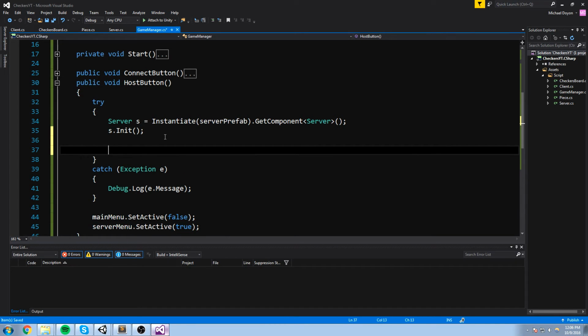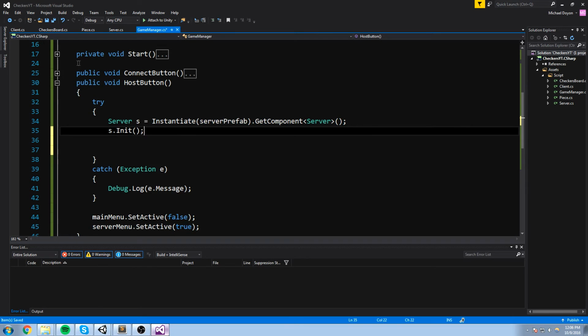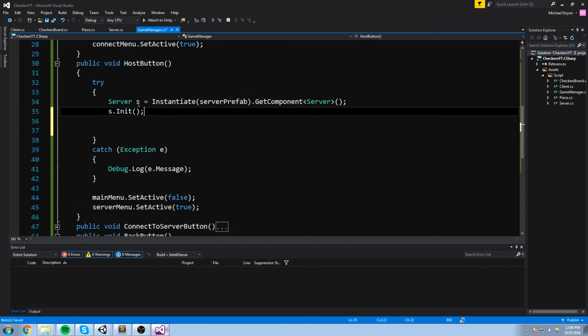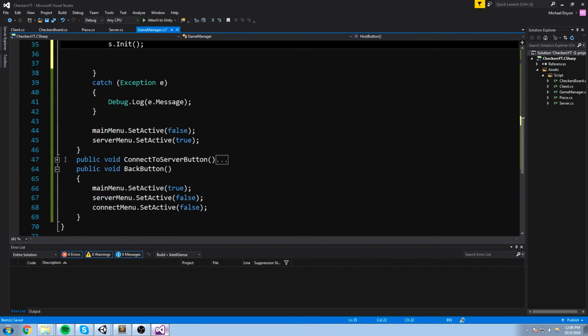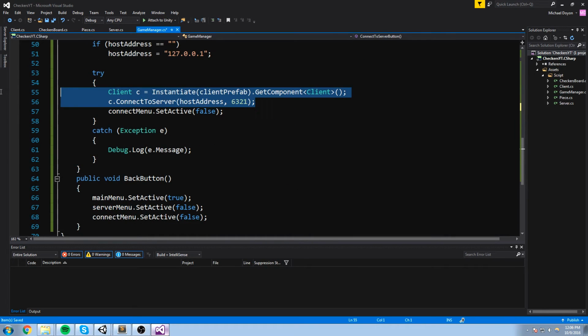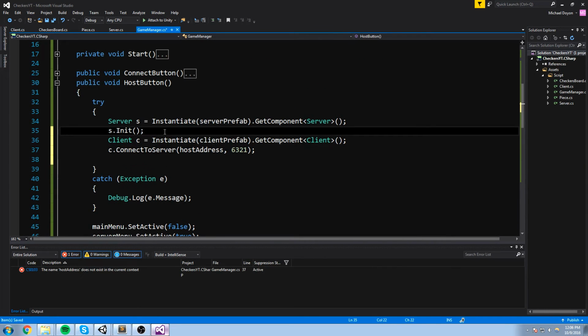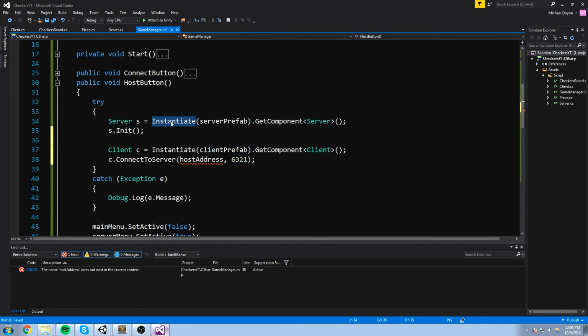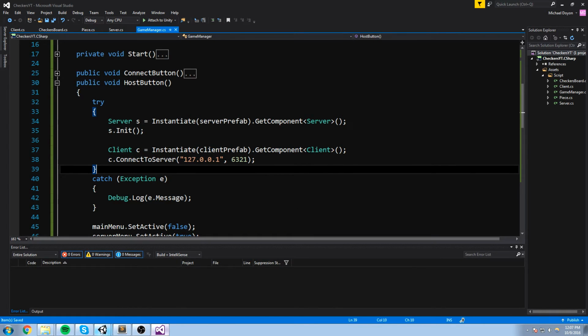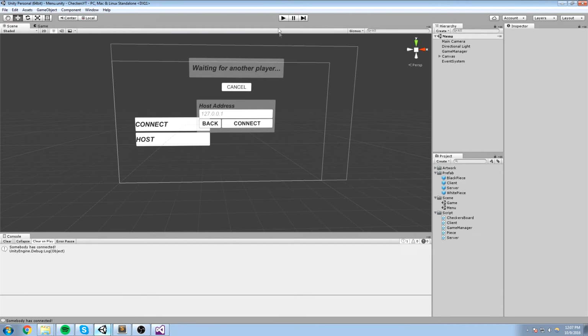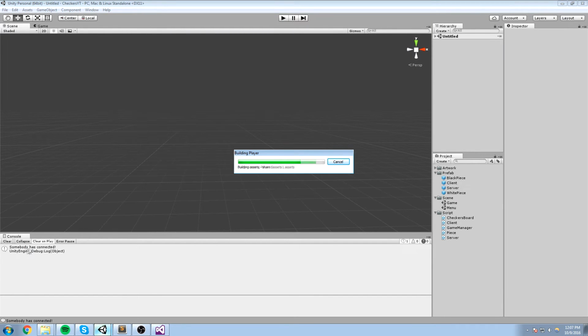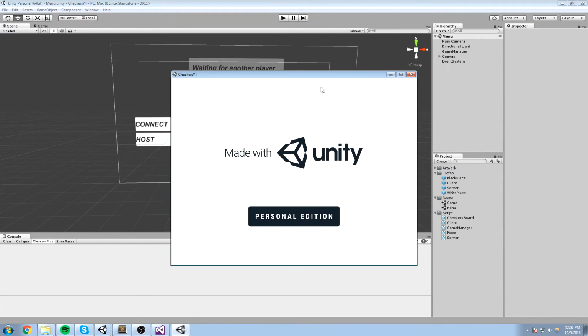What we're going to do here is just duplicate these 2 lines, or actually, you know what, let's grab it from the connect button, this one. Let's just grab these 2 lines right here and paste them. So yeah, we do create a server, everything is fine, but we also have to create a client. Now, as far as the host address, since you're connecting to yourself, it is always going to be localhost in this case. So we can just leave it like that, and we should actually have something calling the somebody has connected twice now. So I'm going to build this, press play,